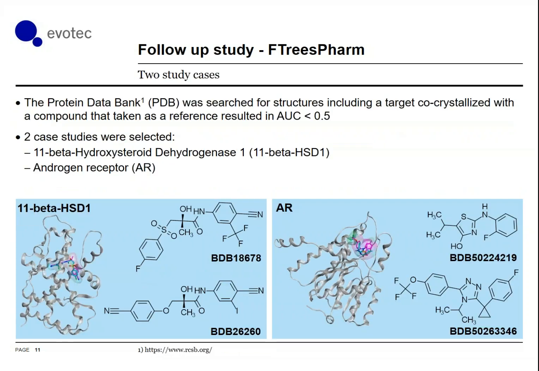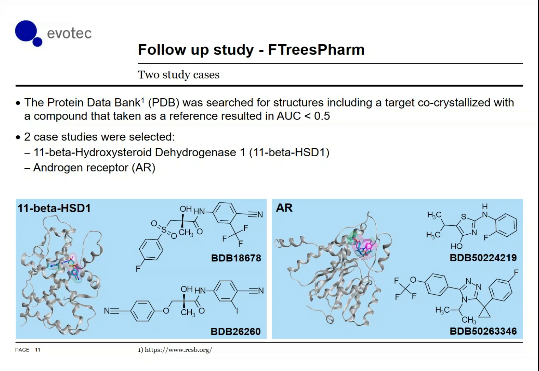So to run, let's say, this follow-up study, I have selected 2 study cases. One target is 11-beta hydroxysterol dehydrogenase 1, and the other target is androgen receptor. And you can see here also the structure of the reference compounds that were used to run these calculations, and those were chosen because I could find a co-crystallized structure in the Protein Data Bank for these specific compounds that